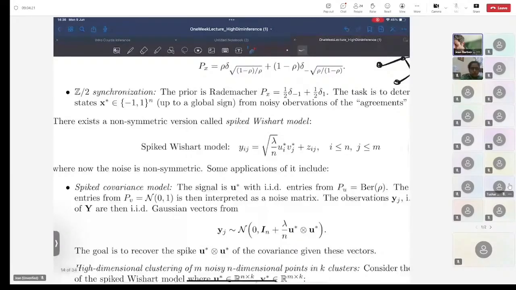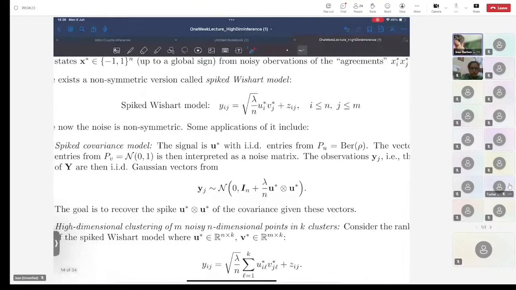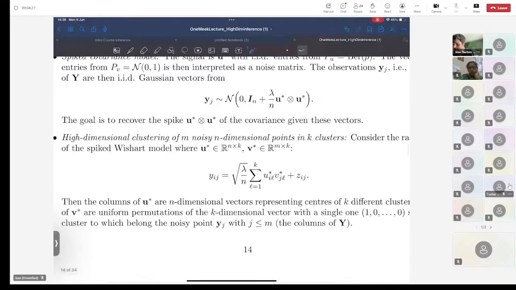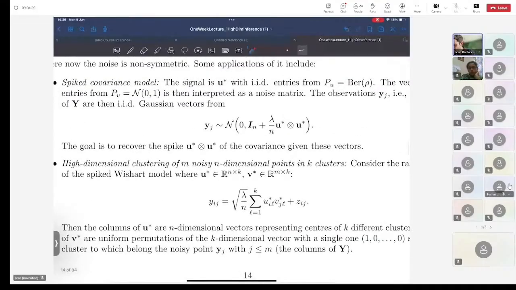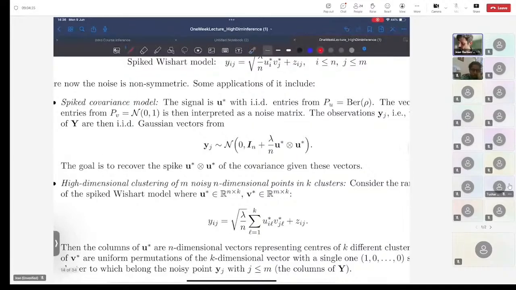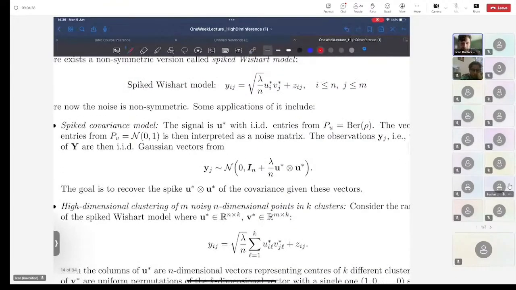Another important model is high dimension. Maybe I will explain this one. This is a classical example. It's called the spike covariance model. If you slightly generalize the Spike-Wigner model, where now the rank 1 matrix is not symmetric anymore,